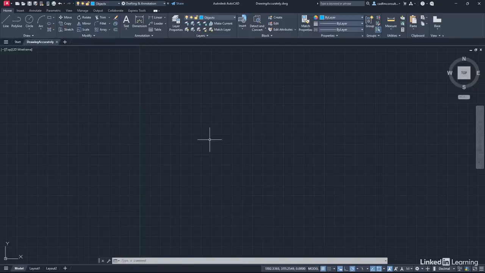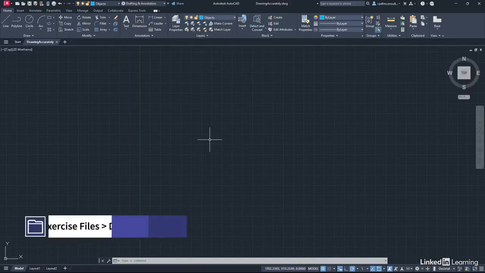We're starting a new chapter now in our AutoCAD Essential Training course, and we're going to be taking a look now at how we draw accurately. AutoCAD has many tools that allow you to be precise and accurate with all of your drafting that you do in your AutoCAD drawings. Now, in order to do that, we've given you a nice blank drawing to work with here,